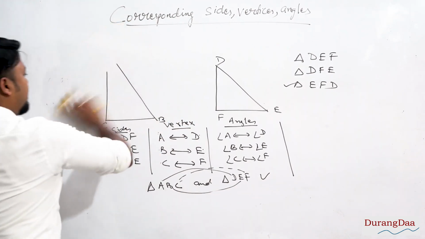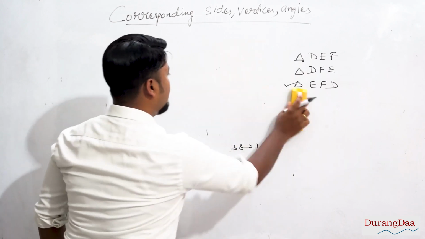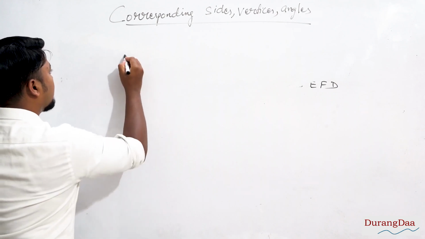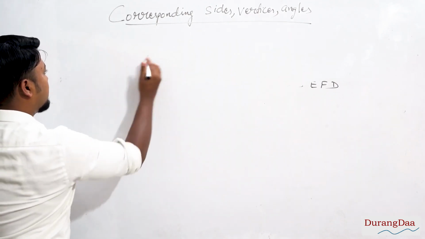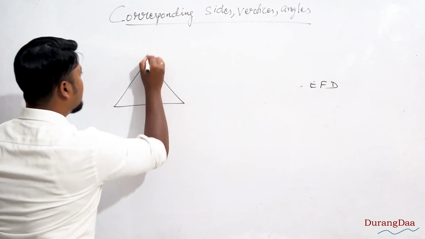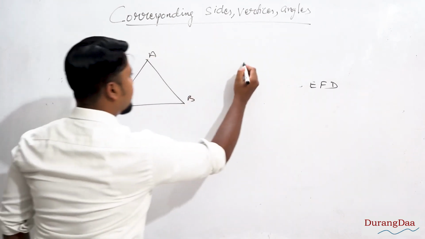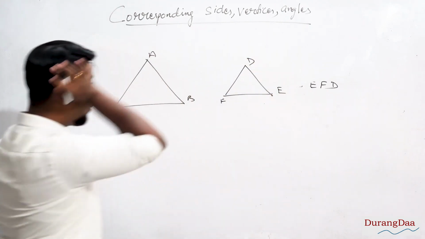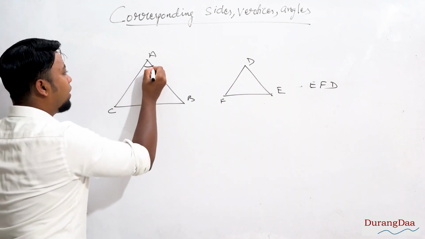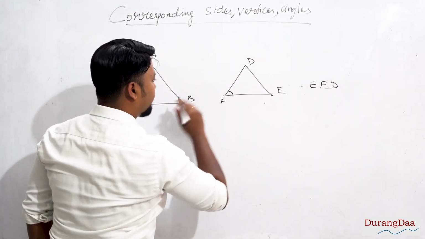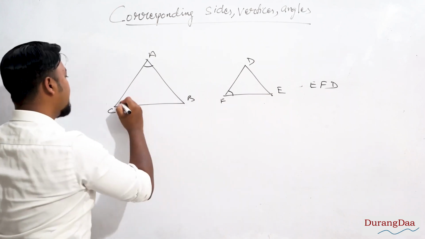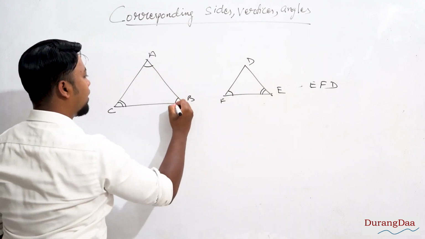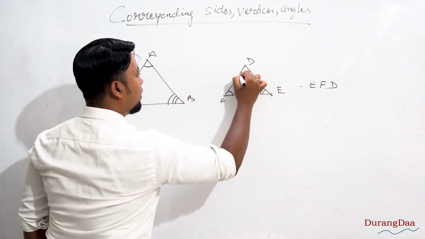You have to keep that in mind about the order of vertices of the triangles. Alright, so to get it more clear, let's take one more example. This time let me draw it this way. Triangle A, B, C, next triangle D, E, F. Alright, so suppose I label it, this is angle A, angle F. A and F are equal.